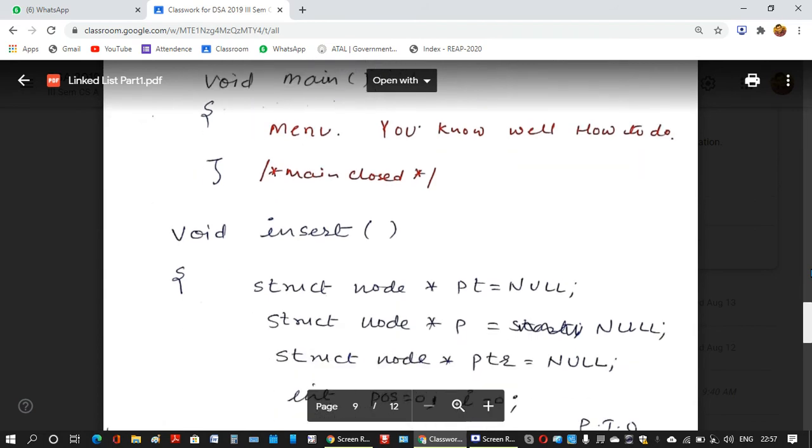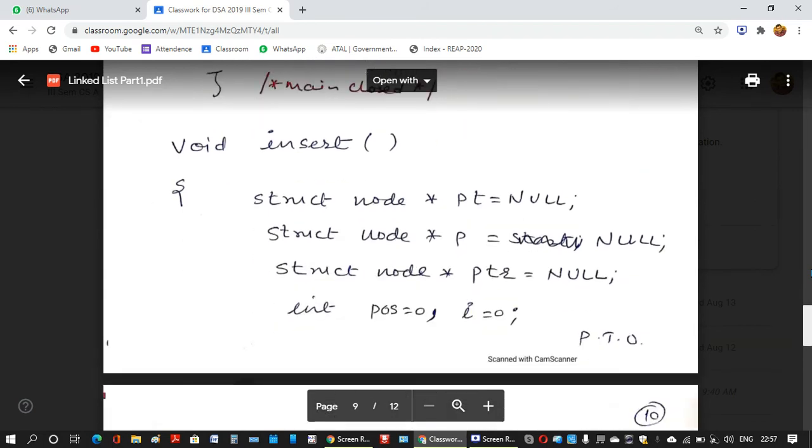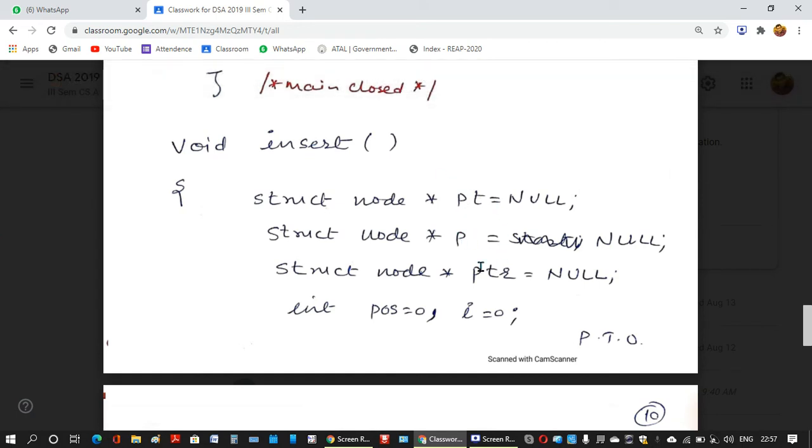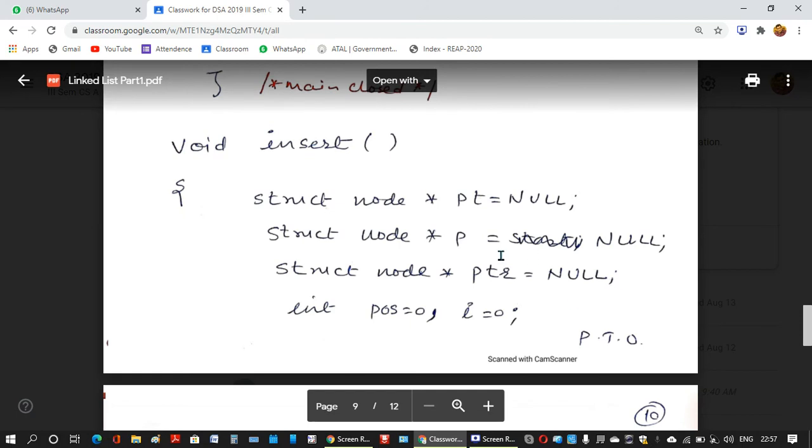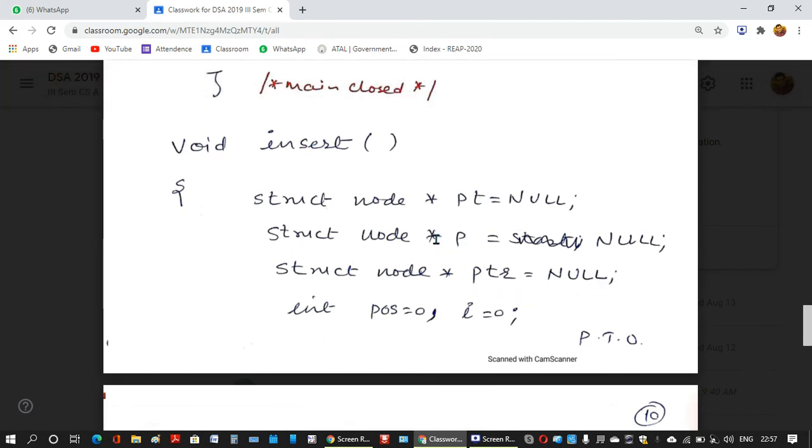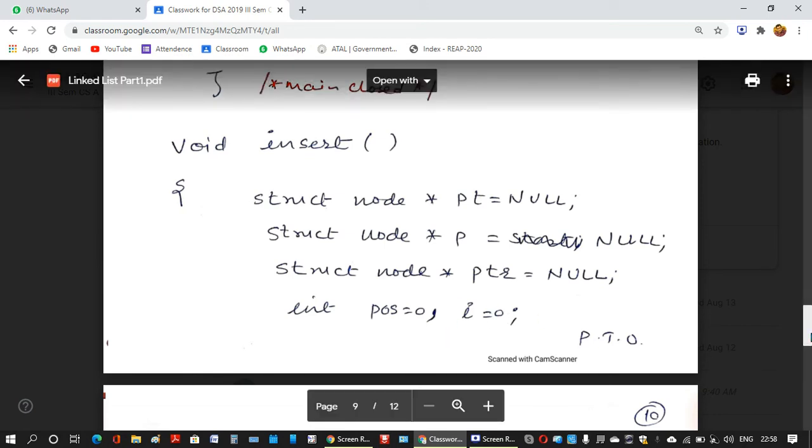Now we are writing the insert function. In the insert function, I will use three pointers: pt, p, and ptr. In ptr, we will create the new node. pt and p: p will jump and pt will go behind it. We have taken this. Then these two variables, position and i. Now you see what I do here.